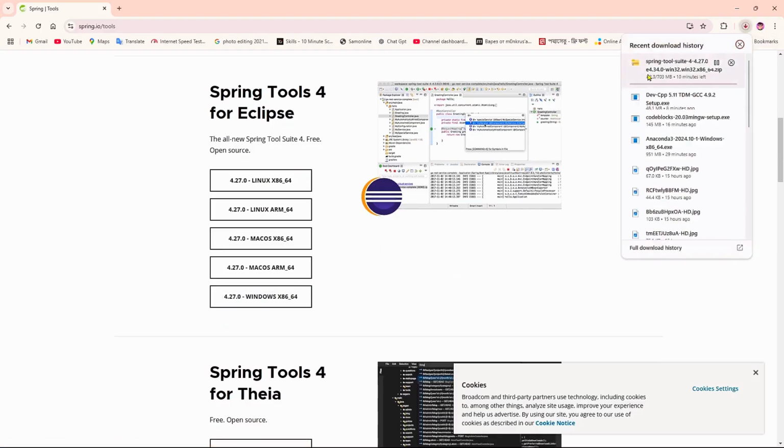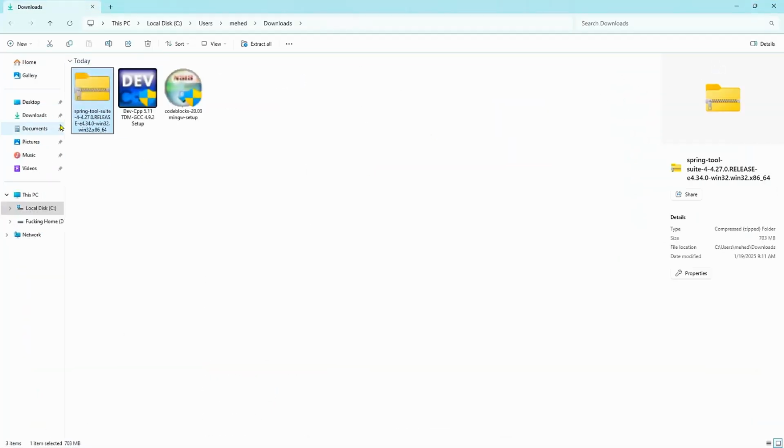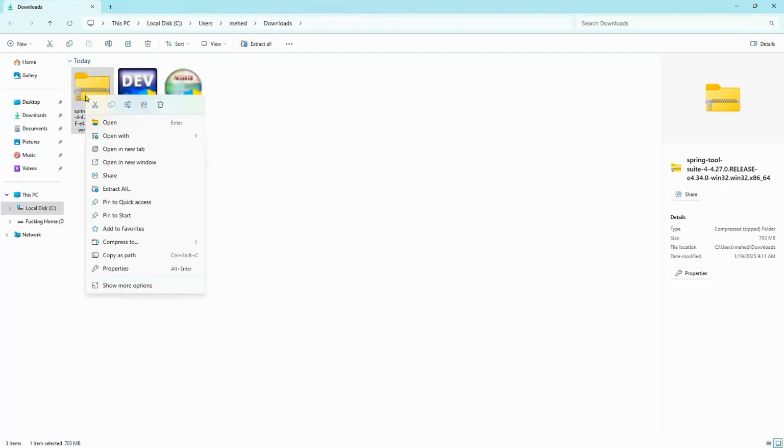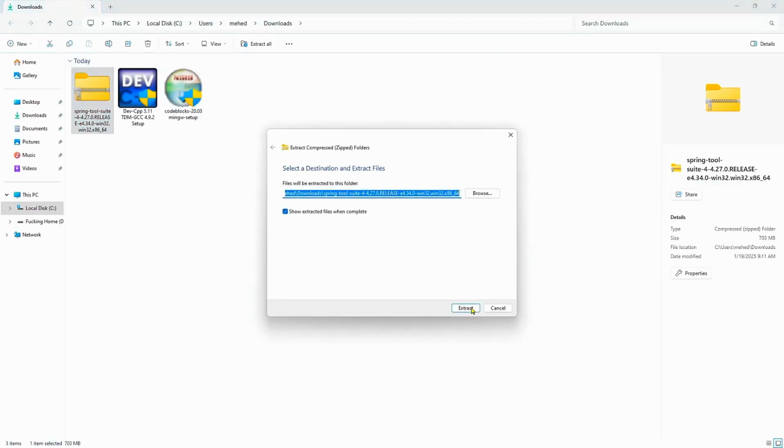After a short time, you can see the download has started, and it will take 2 or 3 minutes to download. For that, keep patience. And you can see that there is a folder icon over here. If you click on that, then you'll get the Spring Tool Suite zip file over here. If you click on that and then click the right mouse button, you can simply extract it. If you click on extract all and then click extract,